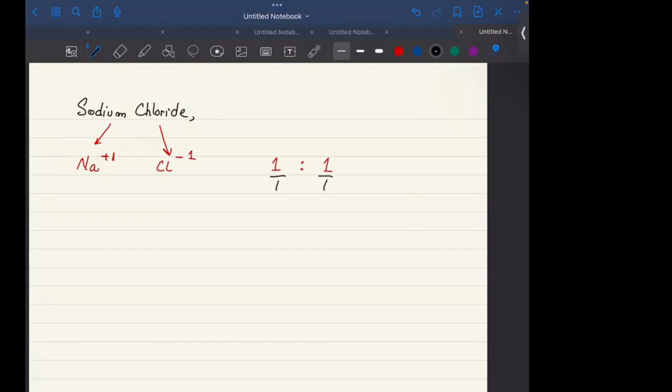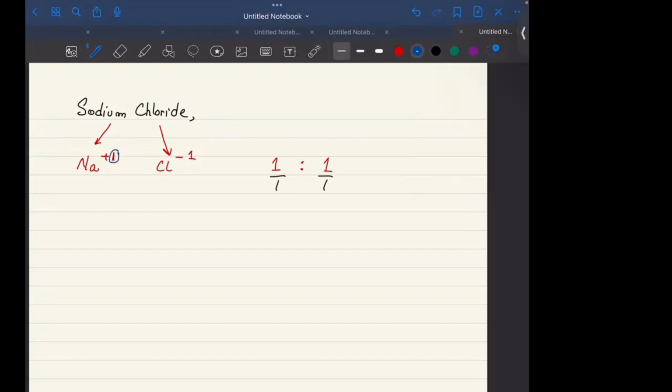Right? It means we cannot further divide 1 and 1, so it is already in the simplest form. Then what you have to do is, the 1 written with sodium, you just drop the